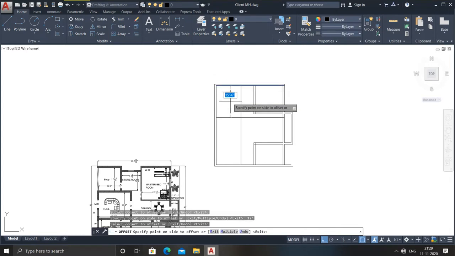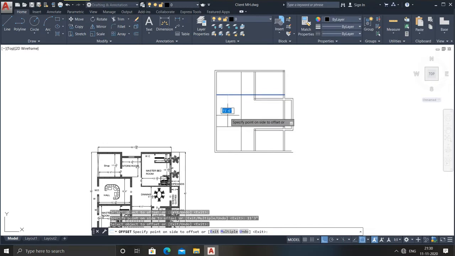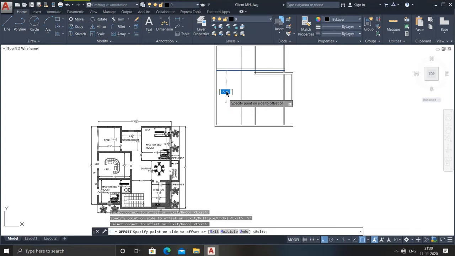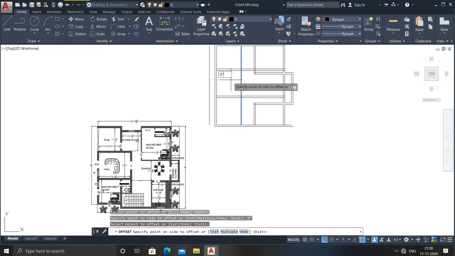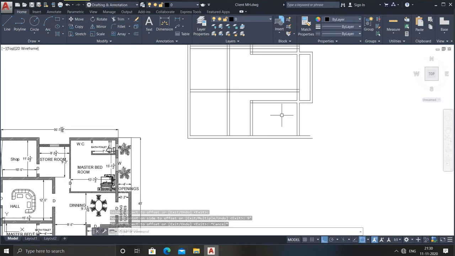Now after this, here to here, how much? There is 11 feet, 11 feet 3 inches. So I will click it here. After that I need to take it as 9 inches. Again for this, here how much I need to take is 12 feet 5 inches. Again for it, go for the 9 inches, right? Now here to here I will take 9 inches. Escape it. See, you can see the shape is about to come.